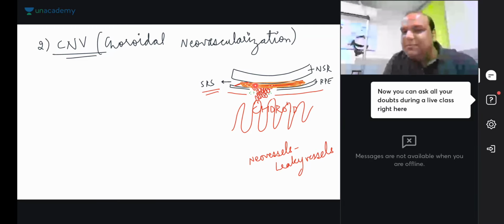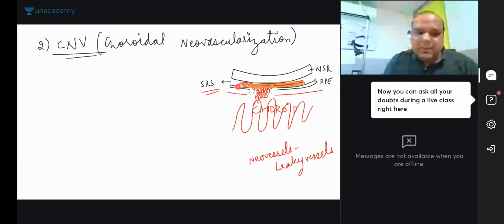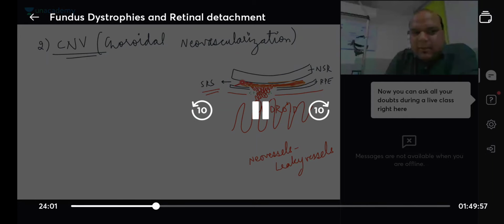So what is forming, everybody, basically at the retina? Subretinal fibrovascular membrane. Am I clear, everybody? So that's what I'm trying to right now call you choroidal neovascularization. What occurs, everybody, in choroidal neovascularization? Due to disturbance of